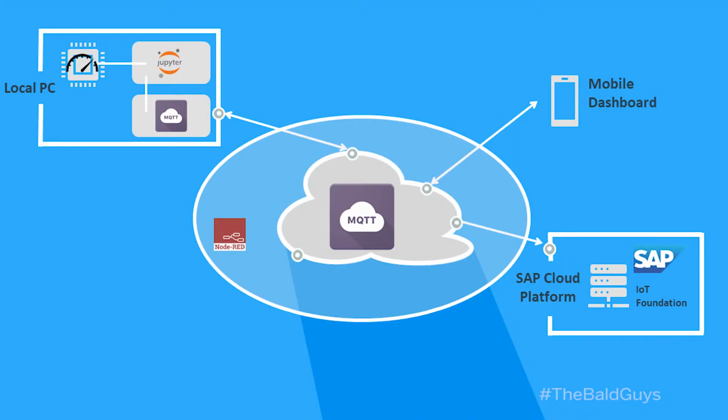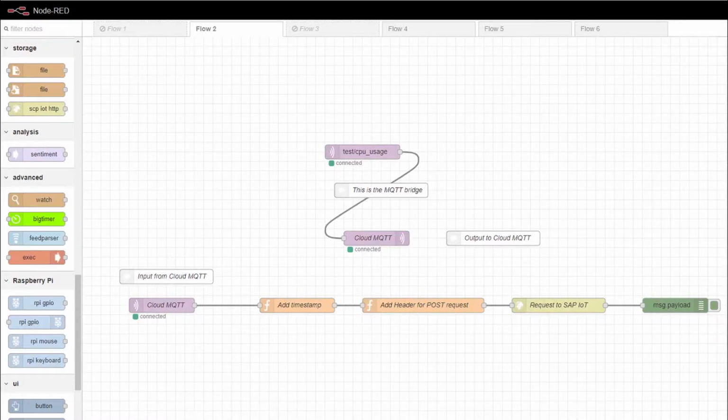So far, I don't think you've seen why it's all so easy now. We had to write Python code, install libraries, and set up an MQTT broker. But I promise you, from now on, you will understand why everything suddenly becomes so easy. Because from now on, we do everything graphically, with Node-RED. Here you can see everything you need to send your information to the SAP IoT Foundation. But stop! One thing we still have to do.